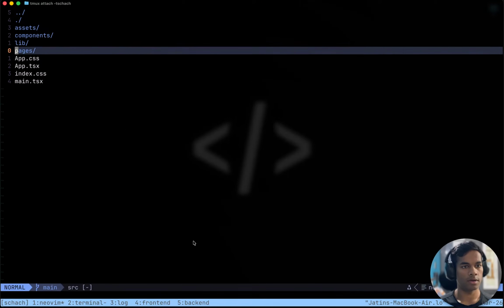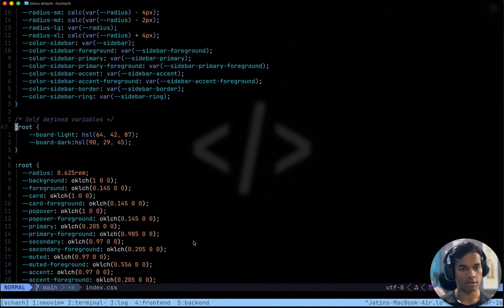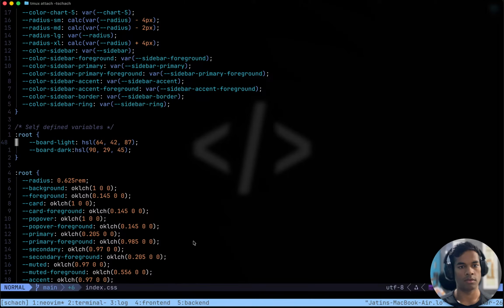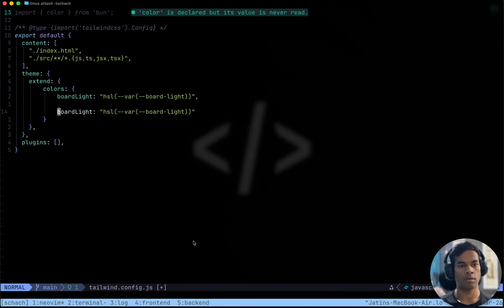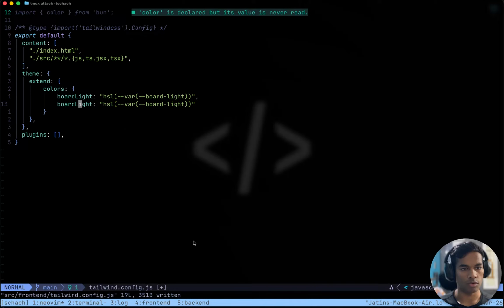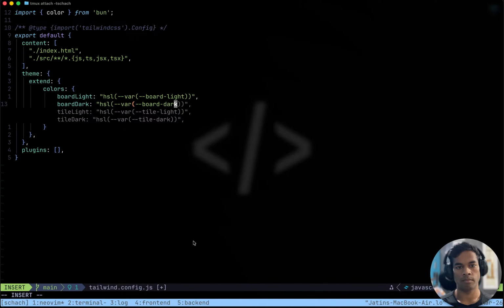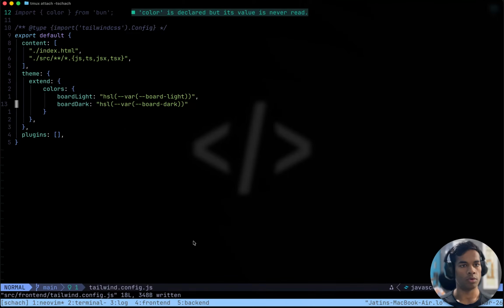Tailwind config, index.css, ours is HSL. HSL variable board light, and this one would be board dark. Cool, that looks cool. Import color from one.